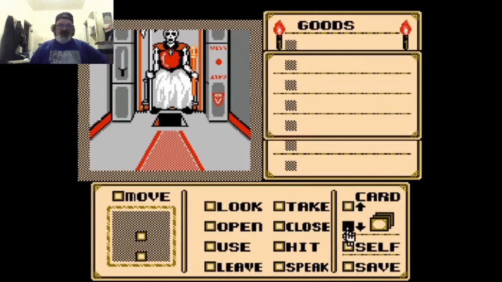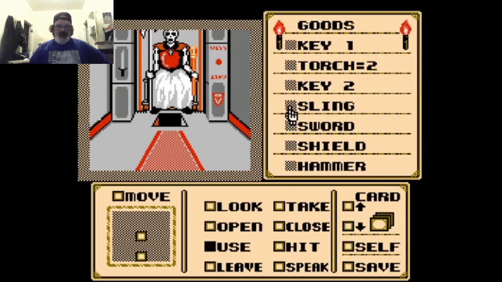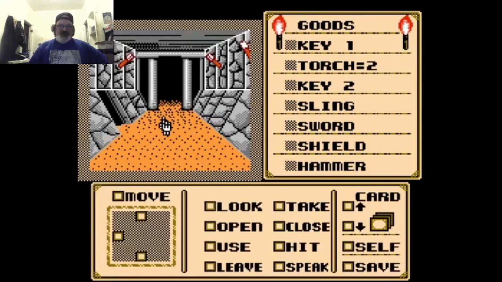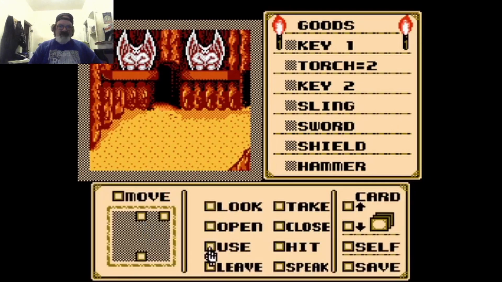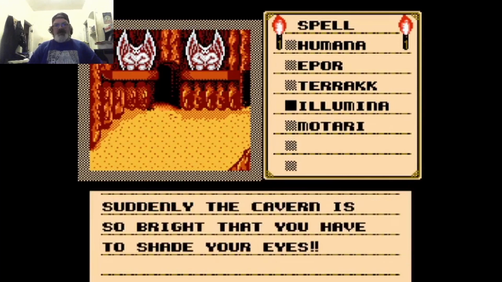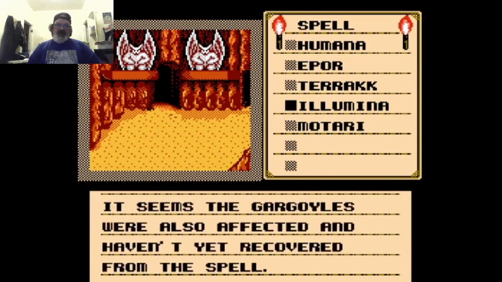Alright, so now that you've opened up the hole, and we're here. Now don't go through that little hole there because you'll just die. Somebody needs to fix that gate. I can't even get it closed. I can close it to a certain point. You're going to want to use the Illumina spell, which will temporarily blind the guards. Then that gate, we probably need to...